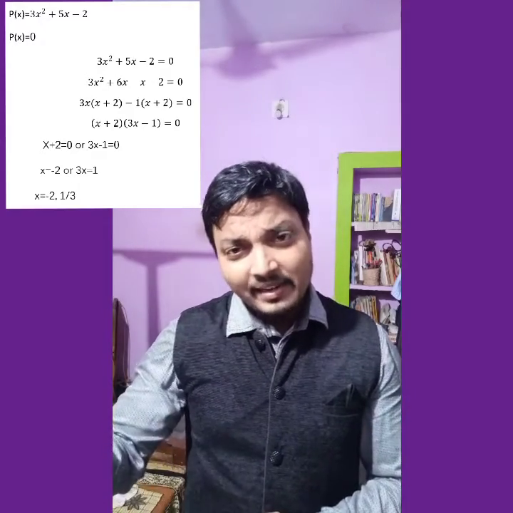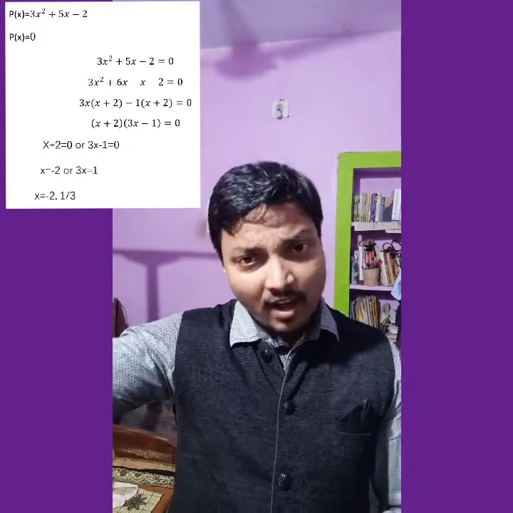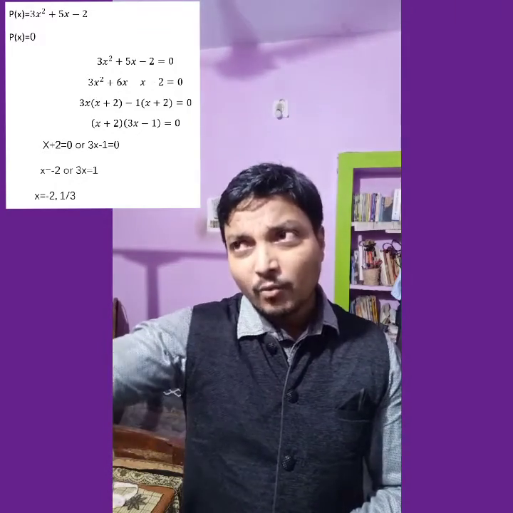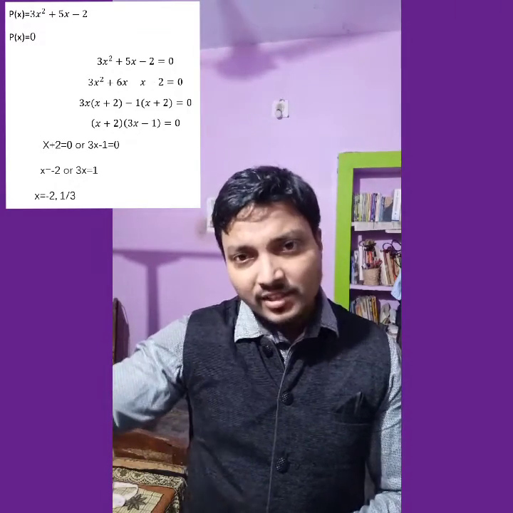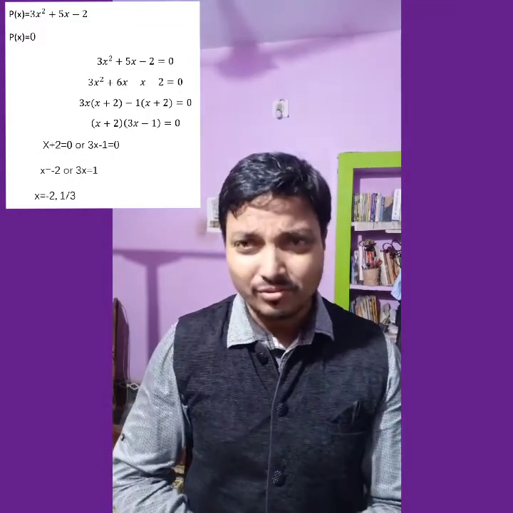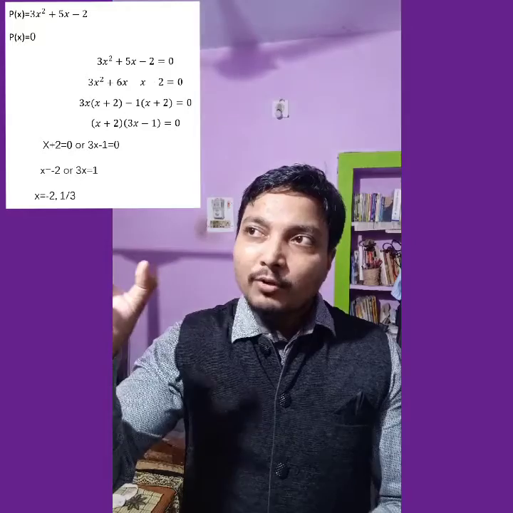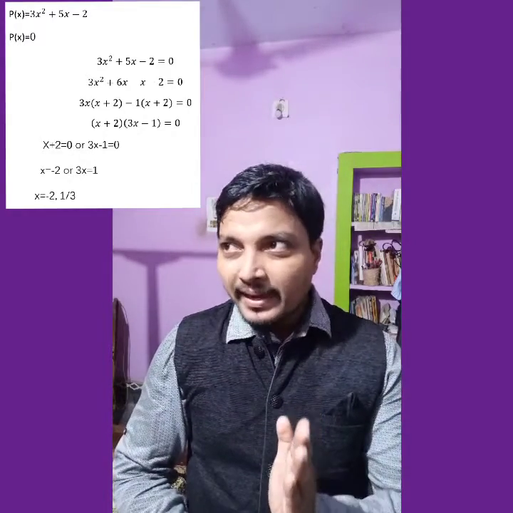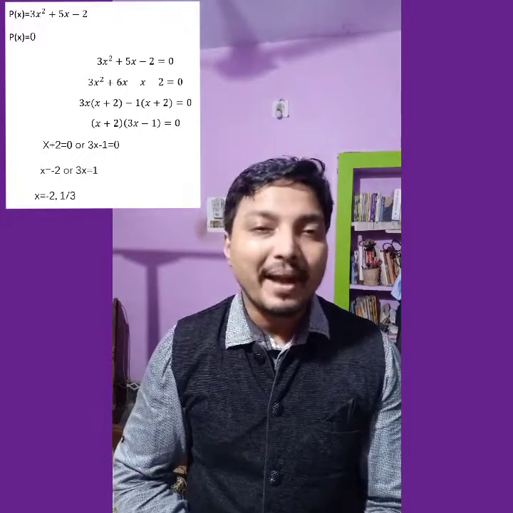You can factorize outside of the equation solving step first, or whenever we solve the equation step by step, at that time we can do the factorization also. So for this you have to break the middle term 5x in such a way that their product will be minus 6.